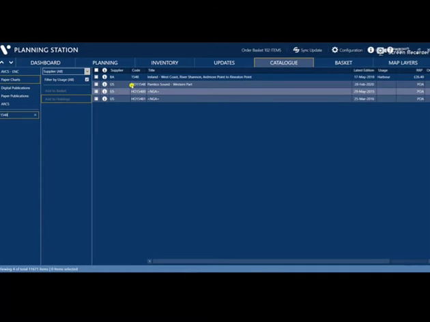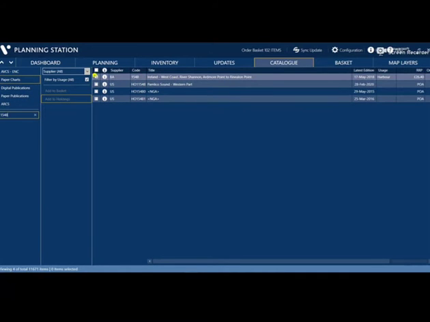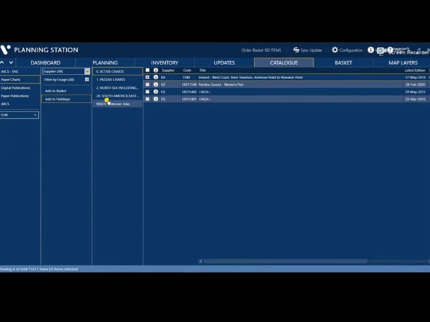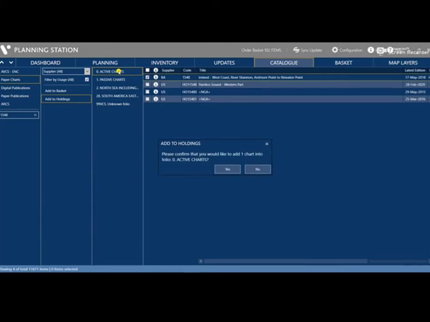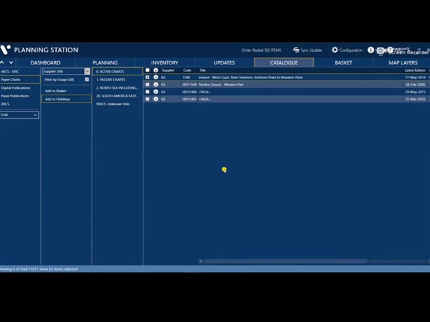Okay, 1548 here. Just check and add to holdings. Click add to holdings and click active chart and click yes. Okay, if you have some more to add, you just type here.